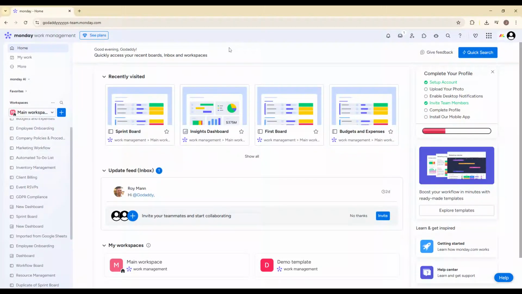In today's video, I'm going to show you exactly how to make someone a board owner in Monday.com. Whether you're managing a team project, collaborating with clients, or scaling your internal workflows, assigning the right board owners is essential for keeping everything organized and secure. I'll walk you through the entire process step by step, so you can confidently update permissions in just a few